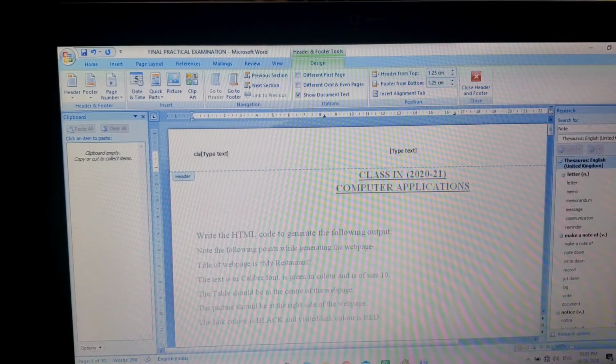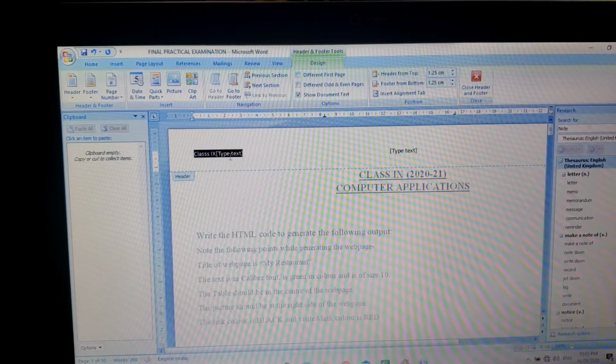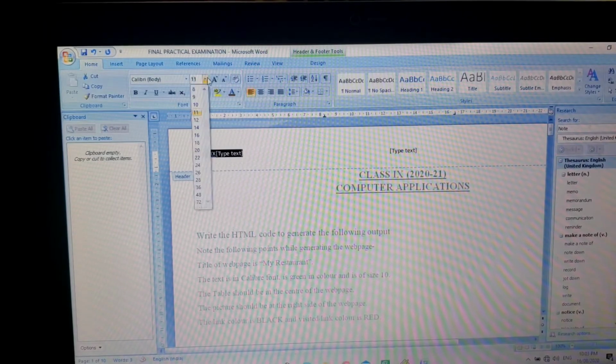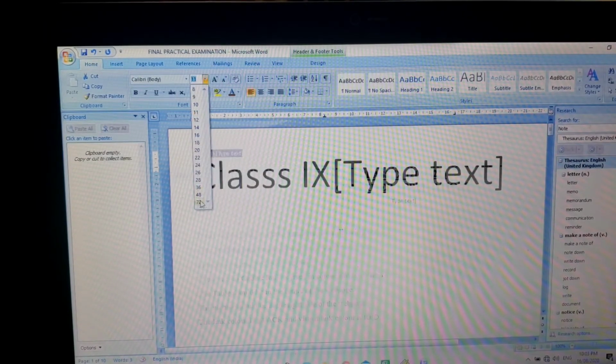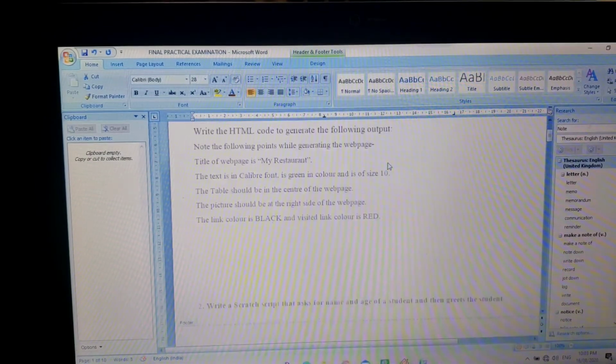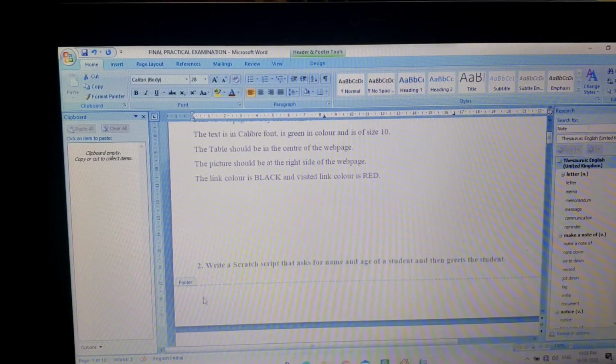Anything you can write here, like class 9th, right? I'm just changing its font size so that it should be visible to every one of you. Okay, then similarly, if you want to add something in footer, that also you can enter, page number 1.